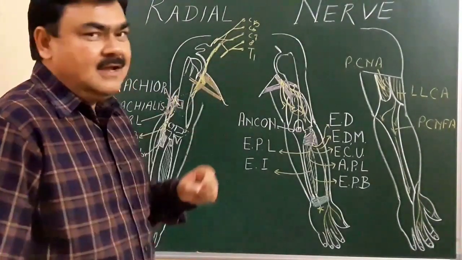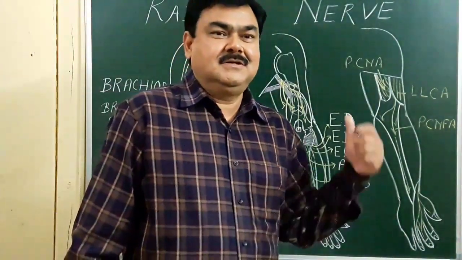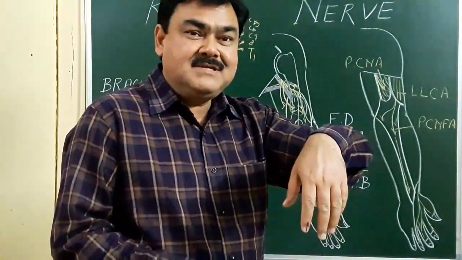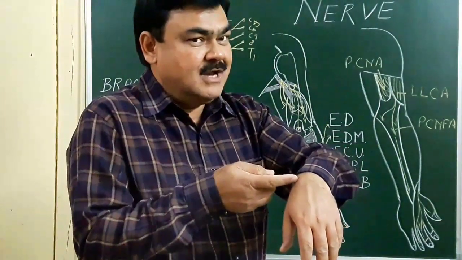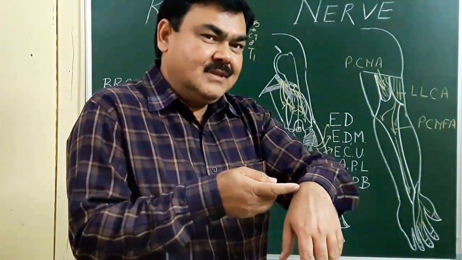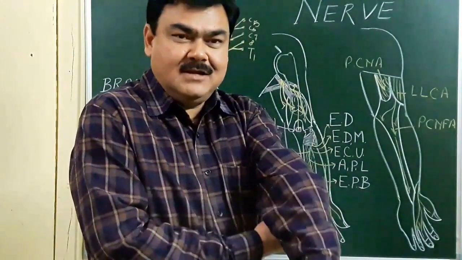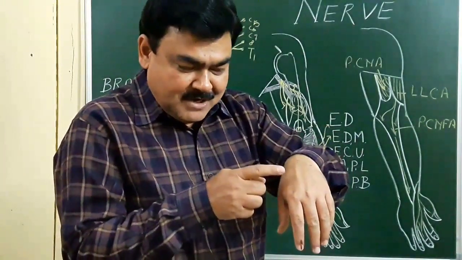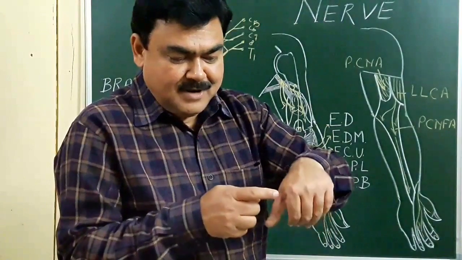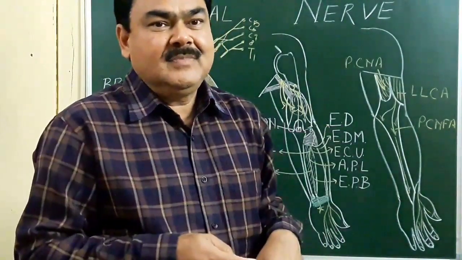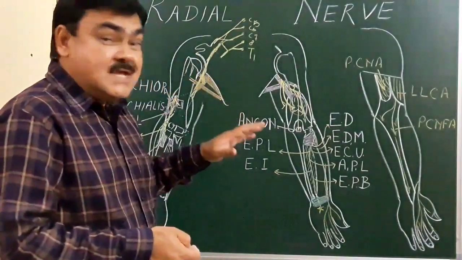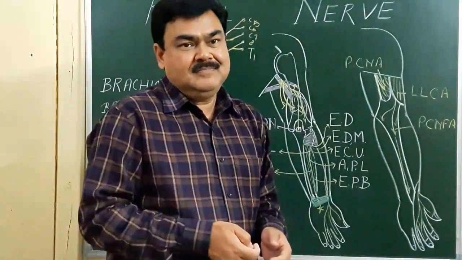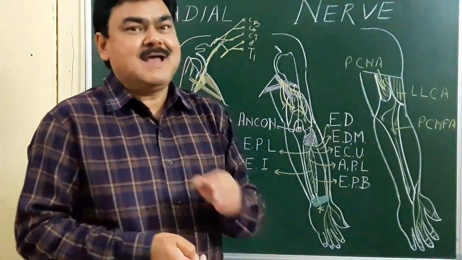The typical characteristic feature of radial nerve palsy is wrist drop. This is wrist drop. The patient cannot extend at the wrist joint, and also cannot extend at the elbow joint. There is loss of extension at the elbow joint, and there is loss of extension at the metacarpophalangeal joint, this joint. And there is also sensory loss over the supplied area. This is the effect of crutch palsy.